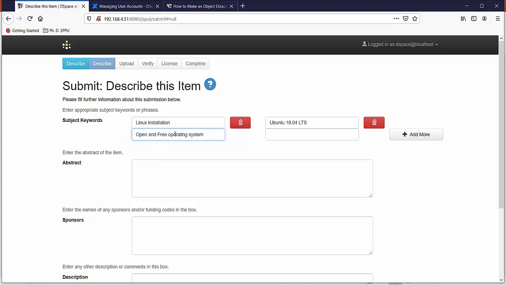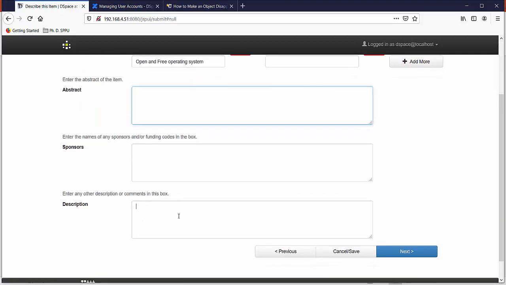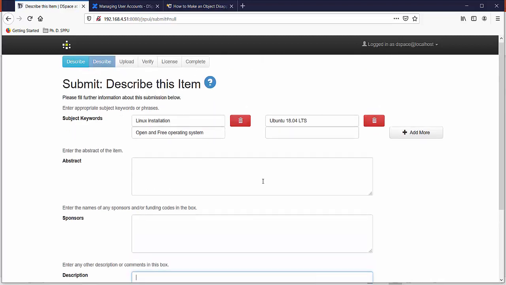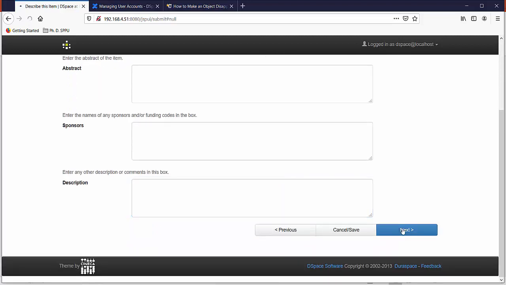We have entered three keywords. You may enter the abstract of your presentation or your item here. You may add a description of your item here as per your needs. Just click on the next button.